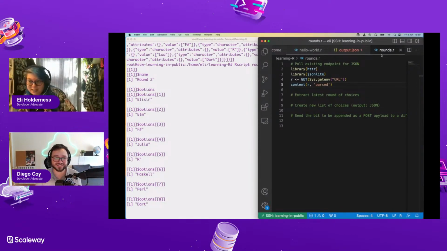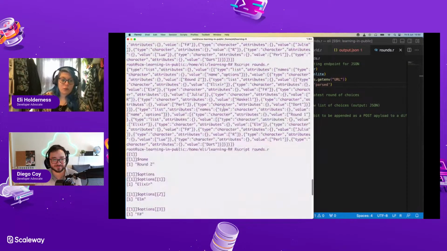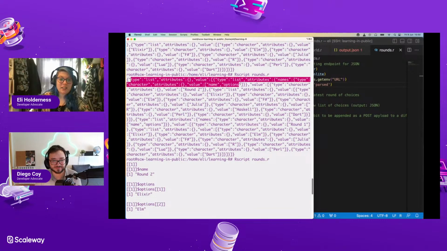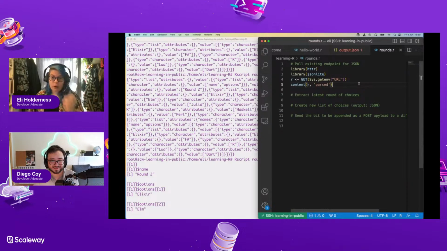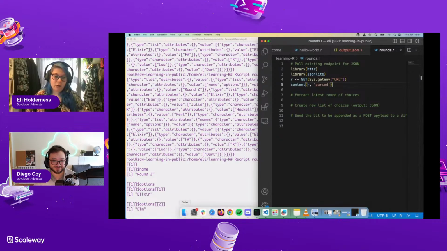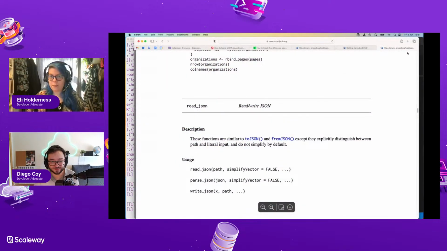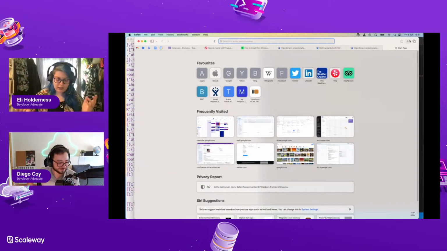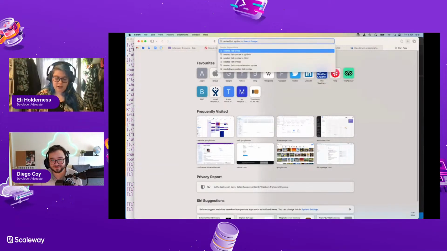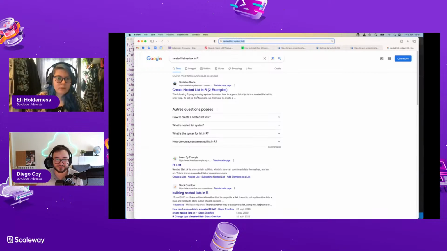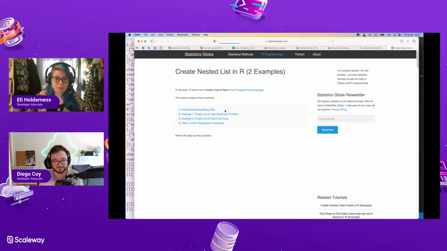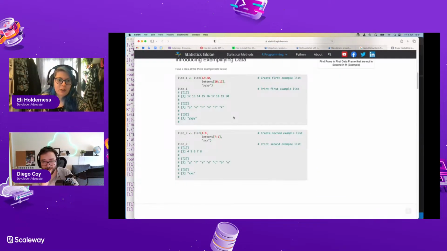We've got these R objects, and actually, this is useful. It's telling me it's a list, and it is nested lists. So what I want to do is print out the top level of lists or something. I don't want Firefox. Go away. I want Safari. Poor Firefox. Nested list syntax in R. I want to read from a nested list, really, but learning how to build them is probably useful.